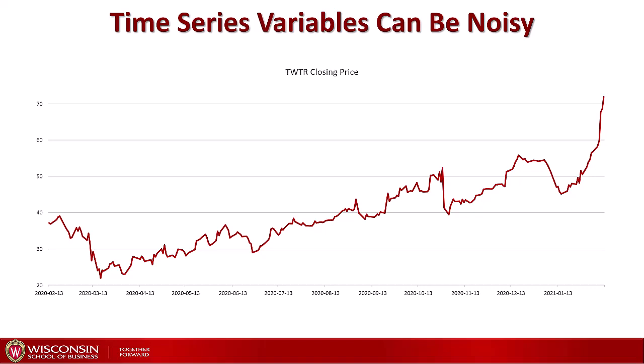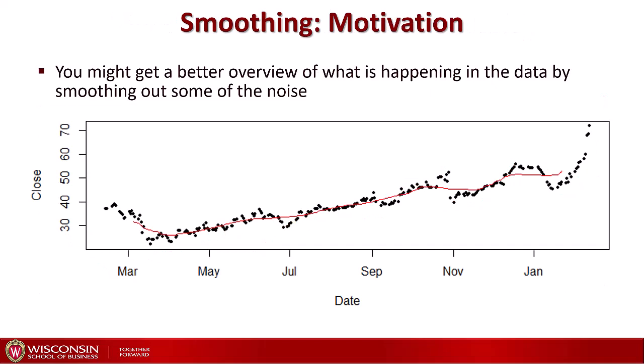And we can see that there are random jumps up and down, but there is also an overall trend going up during that period. So we might be interested in smoothing out all the small random jumps, smoothing out the noise, and letting the general trend appear. This is what we can see on the graph with the original observations in black and the smooth line in red. This allows us to get a better overview of what is happening in the data,